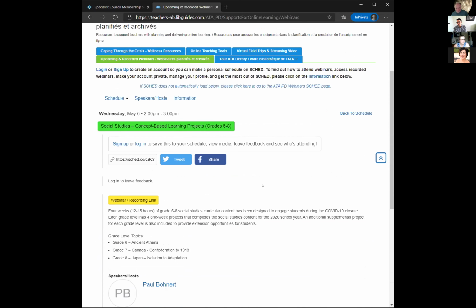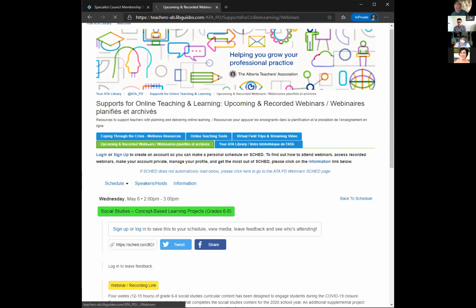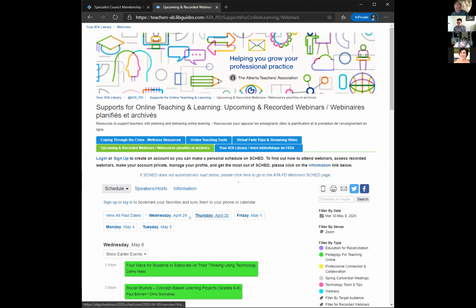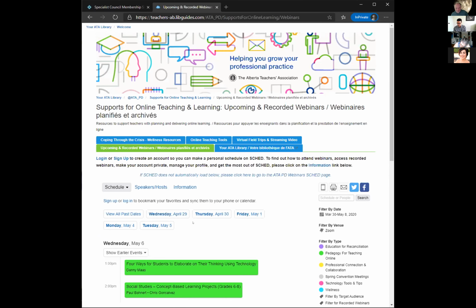And so if it's going to be a Google Doc, it'll likely just be in the description. We'll give you access to that Google Doc. And if it's a static PowerPoint or a static document, we'll have that link there as well. So just to give you a bit of an idea what that would look like, we could take a look at last week,